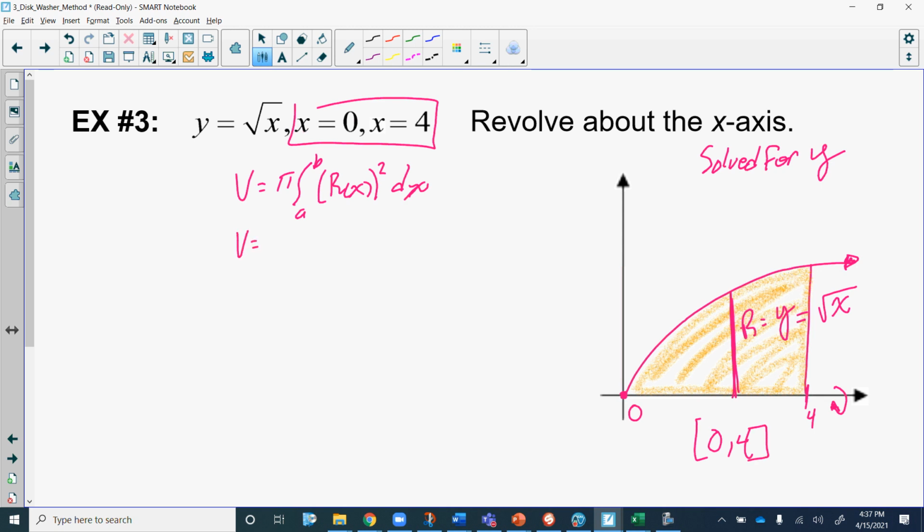So I'm going to say volume is equal to pi times the definite integral from 0 to 4 of the square root of x, squared, dx. Well, simplifying the square root of x squared, that's just going to be x. So we have pi, 0 to 4, x dx. So now we can find the antiderivative, and in this case we're going to have pi times 1/2 x squared,